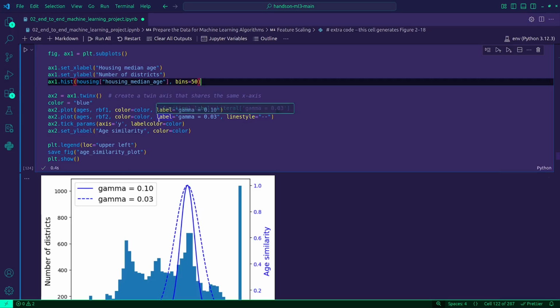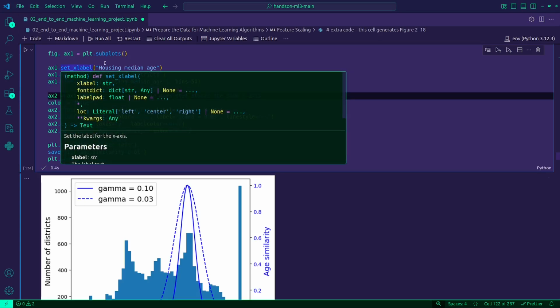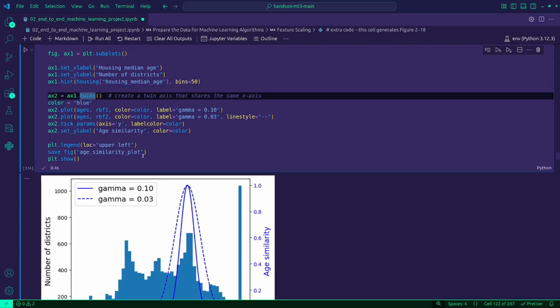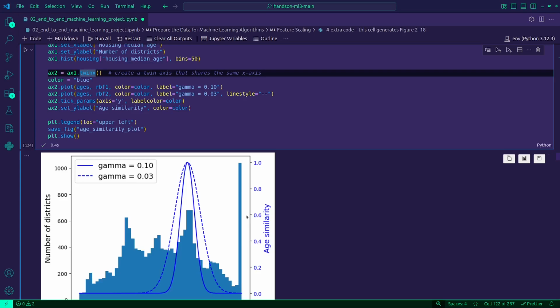Here we are drawing the histogram of the housing ages. And we overlay our curves, which are these guys. So basically we just want to see how similar this house is to a 35-year-old house.